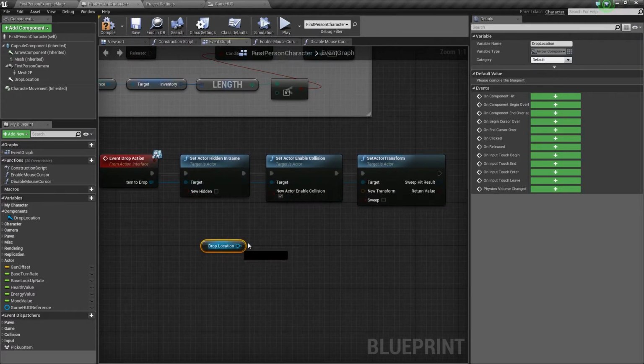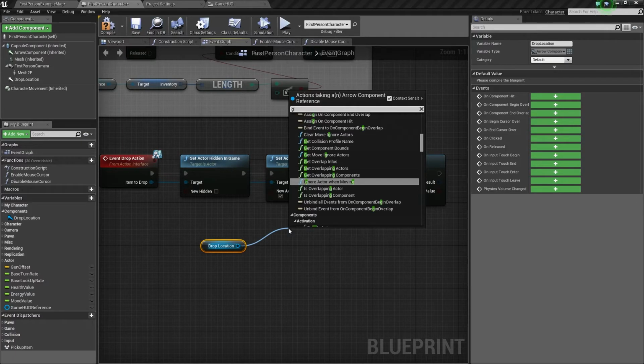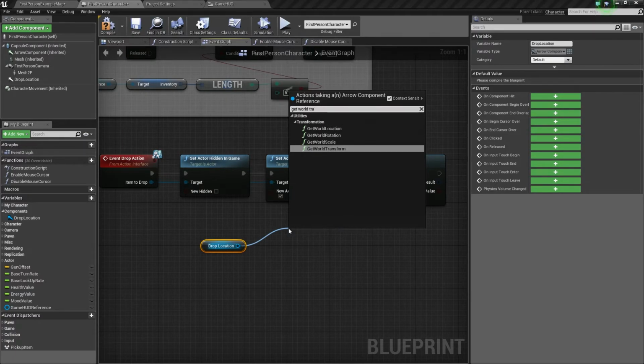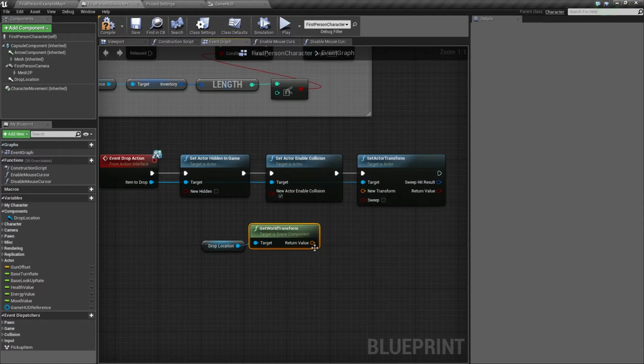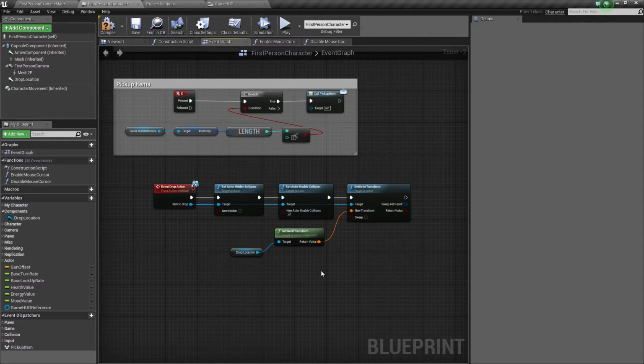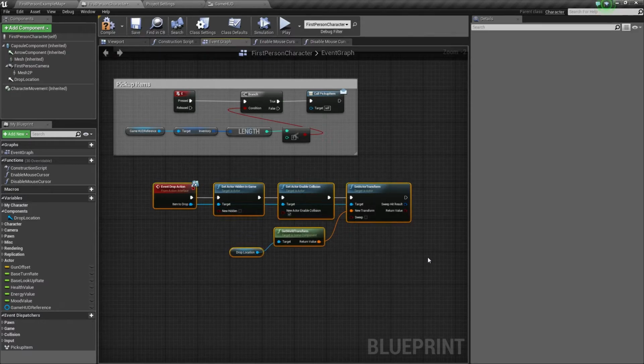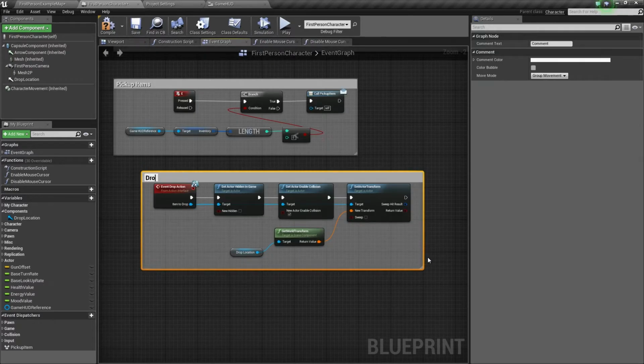So let's drag off of drop location and say get world transform. Down there at the bottom, go ahead and select that. And let's plug in our return value to our new transform. So we are done with our drop action. Let's go ahead and select all of this and hit C and say drop items, like so.